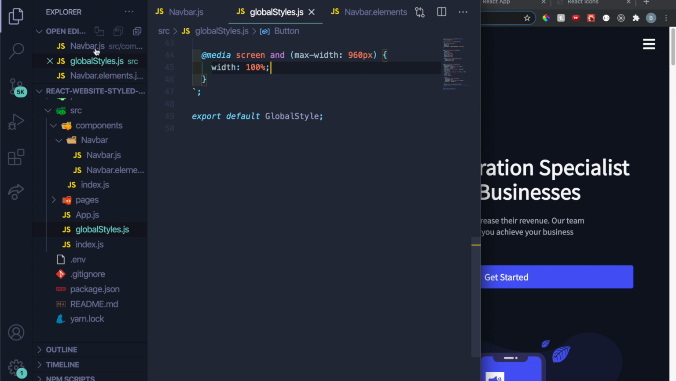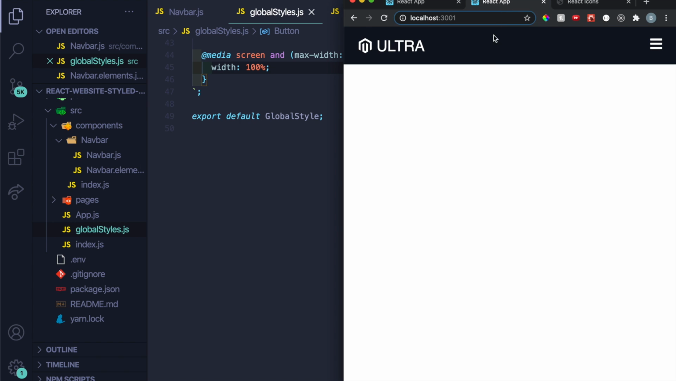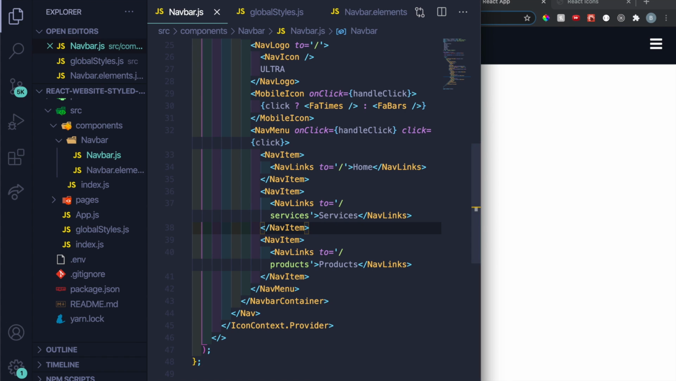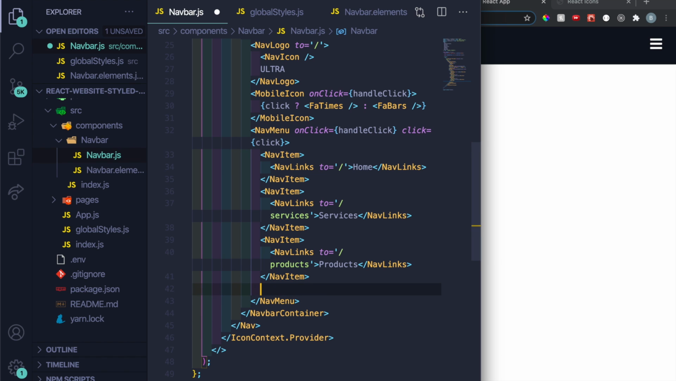Okay, and now let's go back to our actual app. Right now nothing's here yet, so let's go back to our Navbar, and now let's actually implement this inside of the Navbar. So right here, NavMenu is the last closing. So I want to make sure I'm inside of that. So below the nav item, but above the closing NavMenu, I want to say here, let's call this one